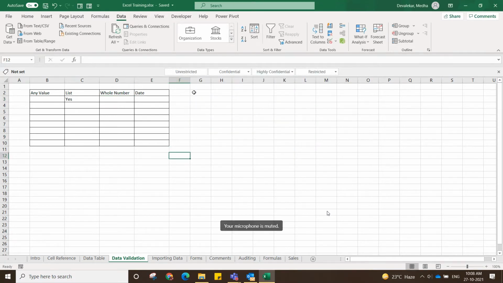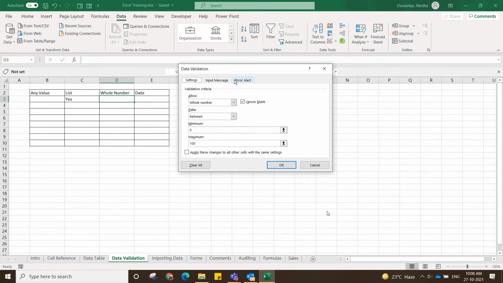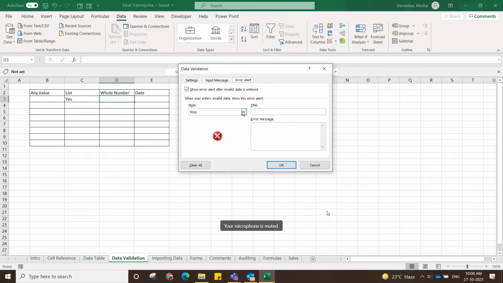Sorry, I forgot to write the rules. So again, I can go here, then Error Alert. I'll select Stop. You can write anything here as a title and error message: "Enter value between 1 and 100".